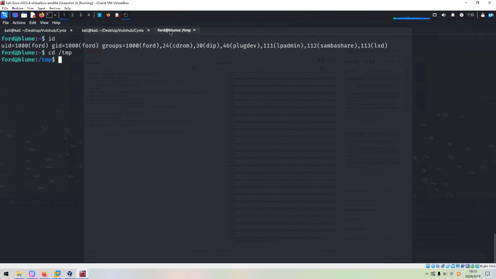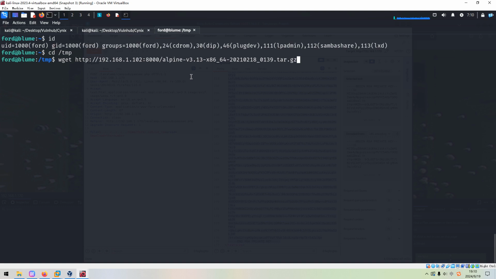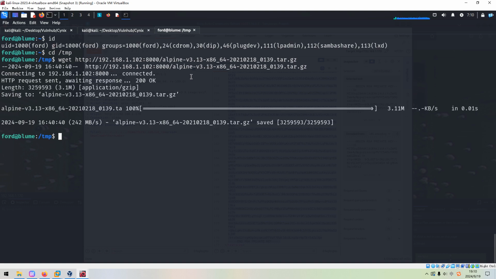Okay, so next we can use wget and the default port number used by Python, and also we can copy the file name, a very long file name, and of course you can modify the file name if you want to.